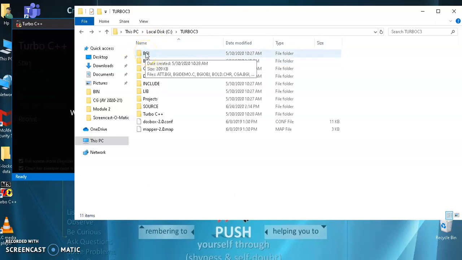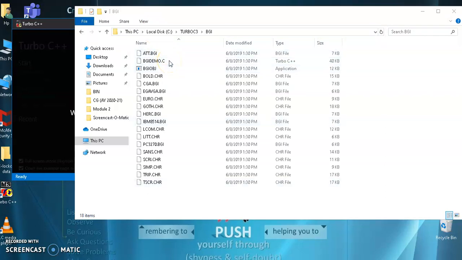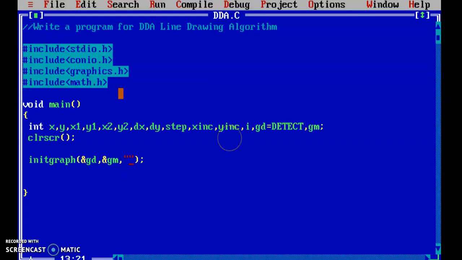BGI is Borland Graphics Interface, and it has all the drivers which are required. I want this path to be entered as the third parameter: C, Turbo C3, BGI. You have to check your computer's path, as everyone's path is going to be different. In my case this is the path.